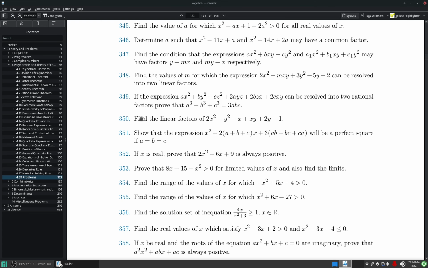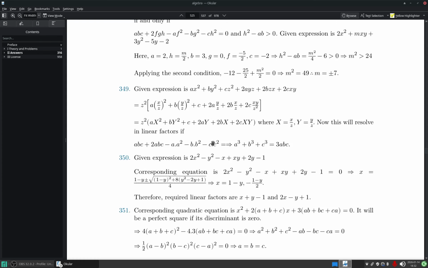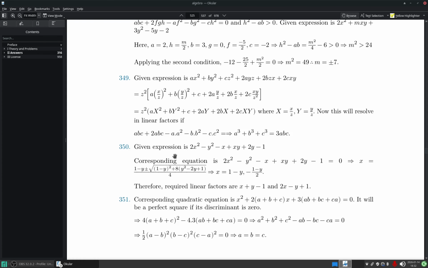Now we come to the last question of this set. Find the linear factors of 2x² - y² - x + xy + 2y - 1. So the corresponding equation is 2x² - y² - x + xy + 2y - 1 is equal